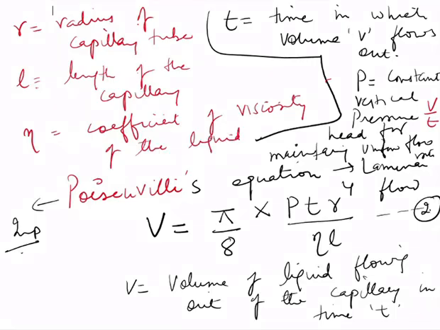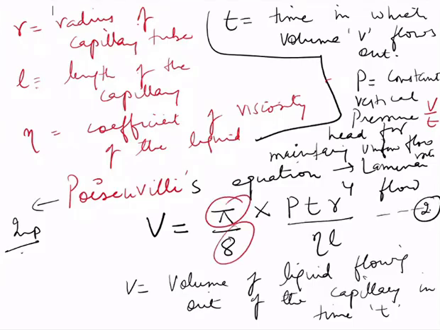Now for any given capillary class, this equation is clear to everyone? Equation number 2: V is equal to pi/8 into PTR⁴ by eta L. Everything is about the capillary. Now for any given capillary, if you have any capillary,